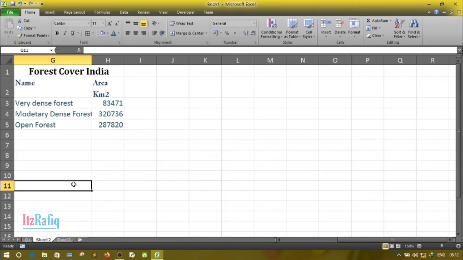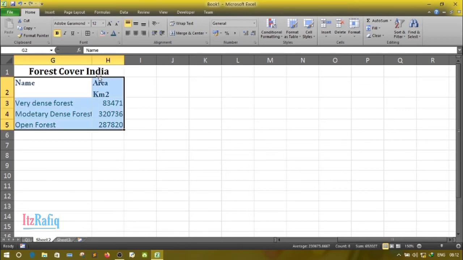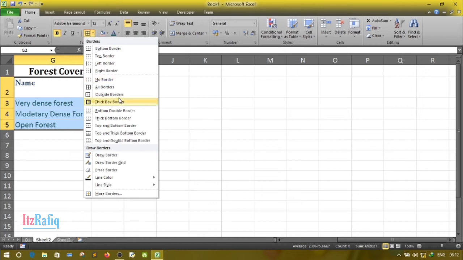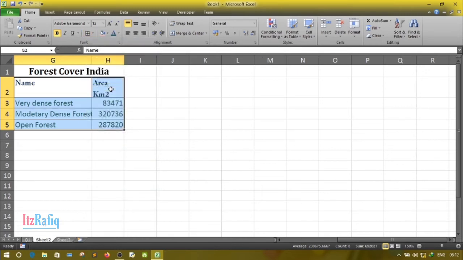Question number C, apply border and shading to the cells. For that, first we'll select the table. We'll click here and select all borders.